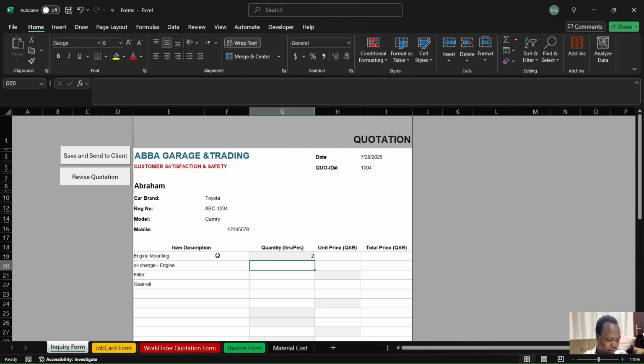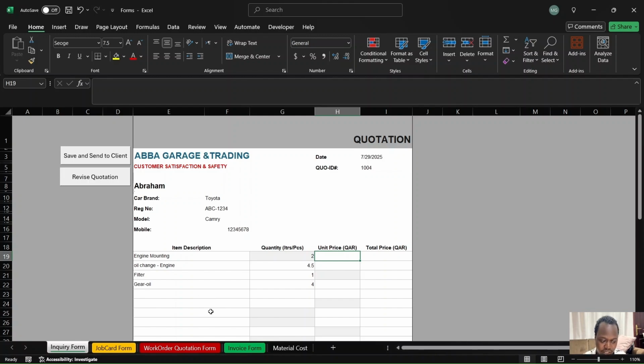For this Toyota Camry, maybe it takes about 4.5 liters of oil. You need 1 filter, and you also need to change your gear oil. Those are the issues that are wrong with your car, and that's the kind of work that we are going to do for your car. But this is a quotation that you're sending out to the customer. Definitely you're telling him what's wrong with this car. Of course, you have someone who's like a service provider who's going to be explaining these things, but for you